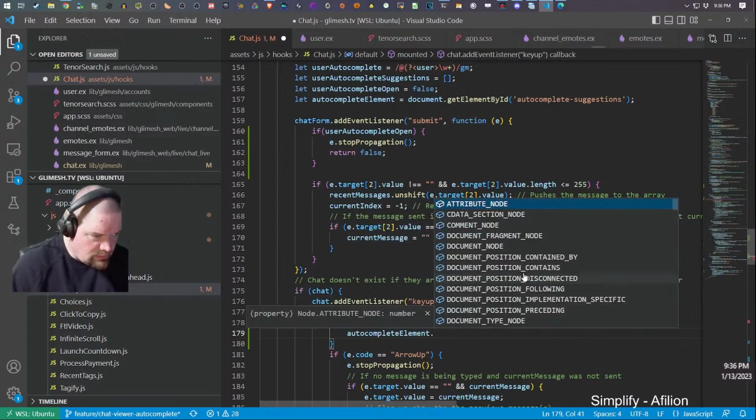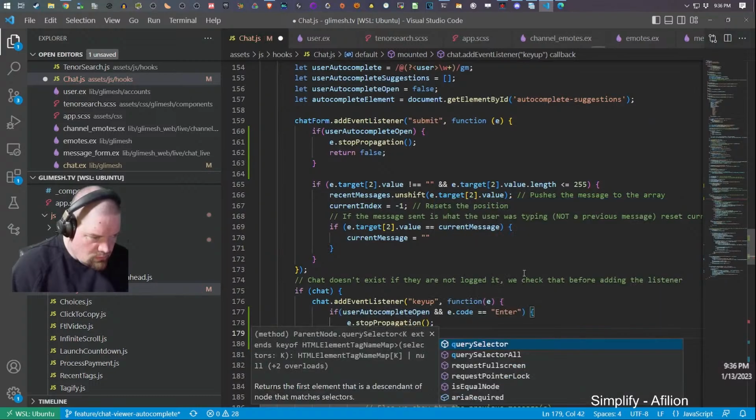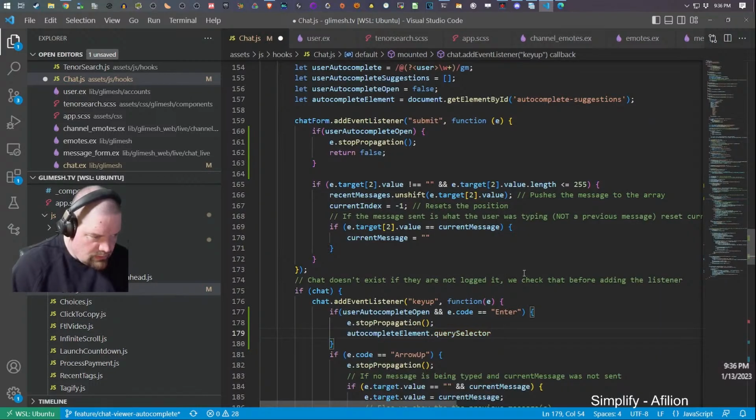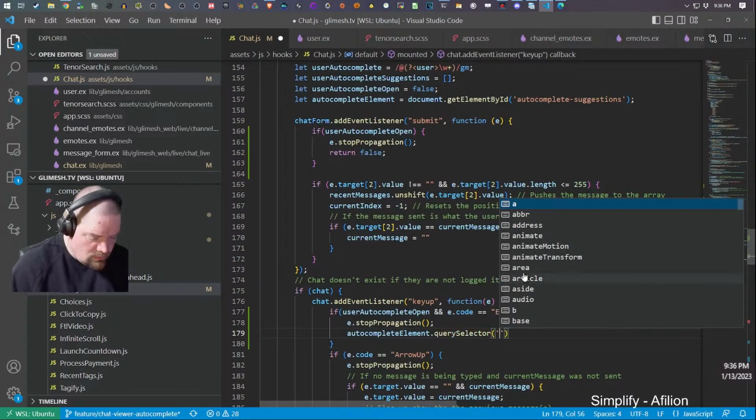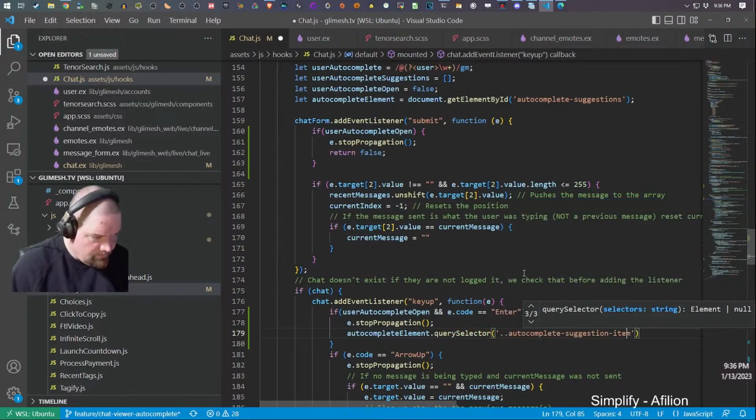Selector, complete suggestion item, not active, right?